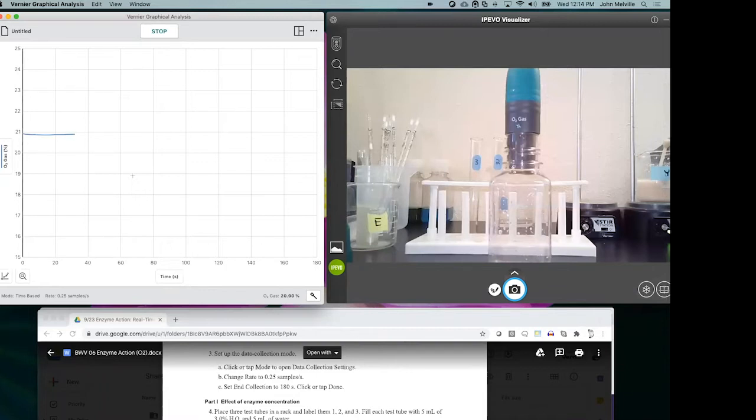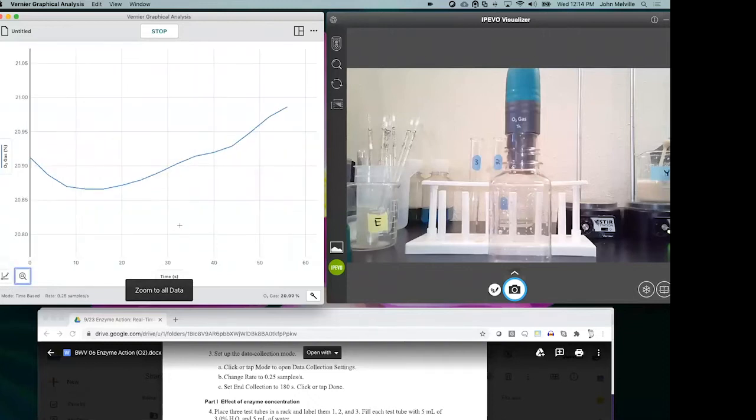And one of the things that you can do in GA that'll help, this is a biology trick that I've done for years, is, in the first case in a lot of our experiments, we're looking at the smallest response first, right? So 5 drops of enzyme is not going to be as big as 10 drops or 15 drops. So if you hit the auto scale button down here, now you can see that I do see a response. And that's just one of these tricks that I've learned over the years in doing these experiments